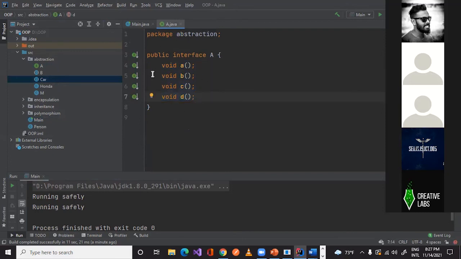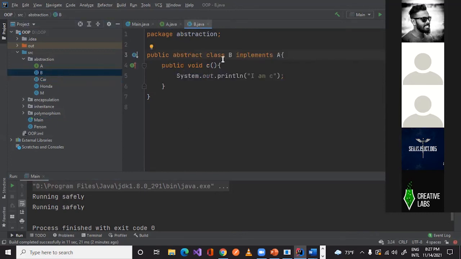These 4 methods, and this interface should be implemented in a class. Now let's say this one is implemented in a class called B. This does not need to be an abstract class. Actually, we can make it a normal class as well, right? It doesn't matter.